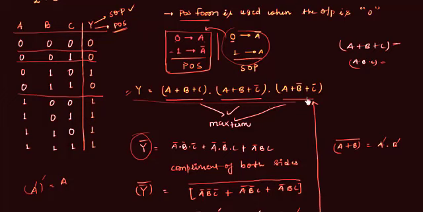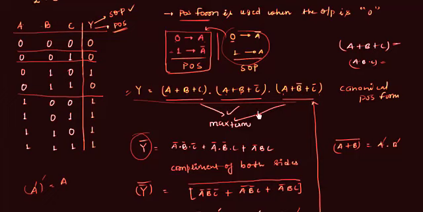Now this POS form written here is the canonical POS form. We also call it standard POS form, and we write it directly from the truth table like we have already done. And in canonical or standard POS form, each max term will have all the variables in normal or complemented form. Here we have 3 max terms, and in each of these max terms we have all the variables in normal or complemented form. In the first max term you can see we have A, B, C. There are 3 variables A, B, C, and in this we have A, B, C in normal form. In this we have A, B in normal form, C in complemented form. And in the last max term we have A in normal form, B and C in complemented form. So this is our canonical POS form.